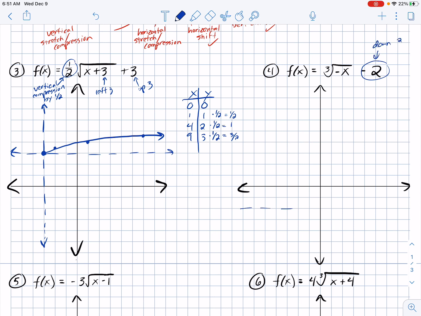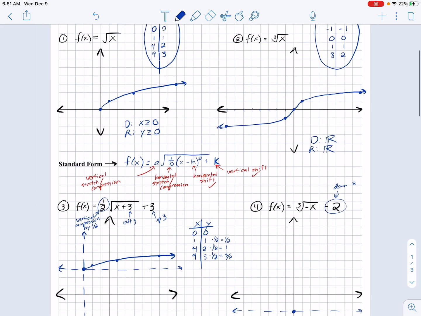And be careful, these are not asymptotes. I know I graphed dotted lines for rational functions as asymptotes. These are our shifts. So we're always going to have a point where those shifts meet. We only shifted down, so we're still going to be on our y-axis. And then now we're going to take these points,